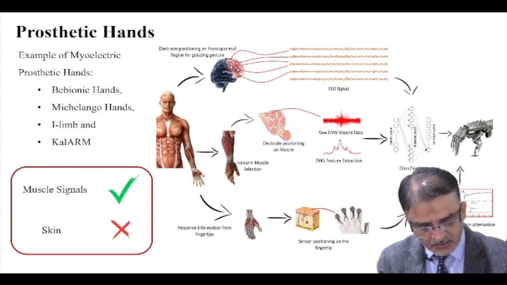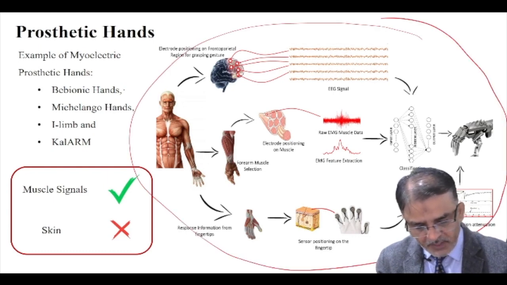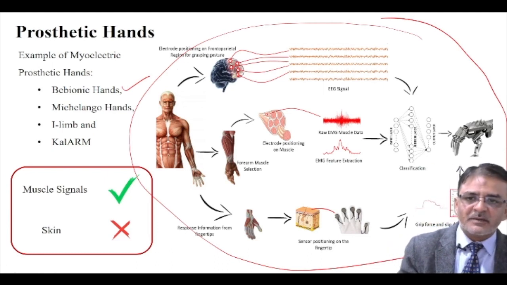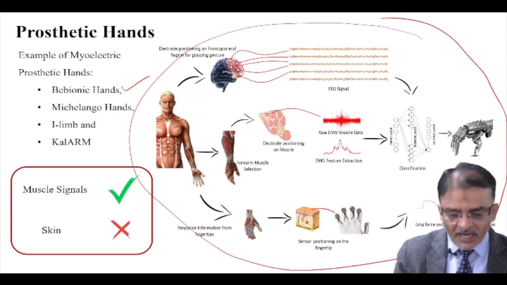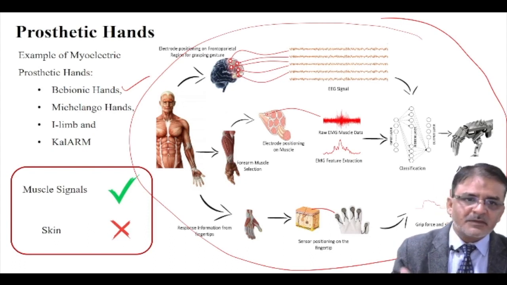This is a structure of bionic arms or assistive devices. What we see here is a bionic hand, which is an assistive device based on EMG signals. Michelangelo hand was the first assistive device developed based on thumb pressures. iLIMB was the first commercial bionic arm. CalArm is the first commercial Indian-developed bionic arm.